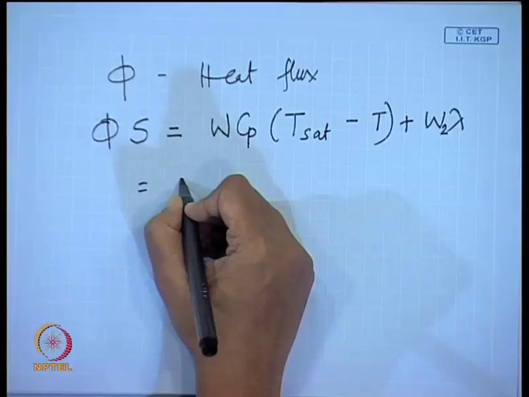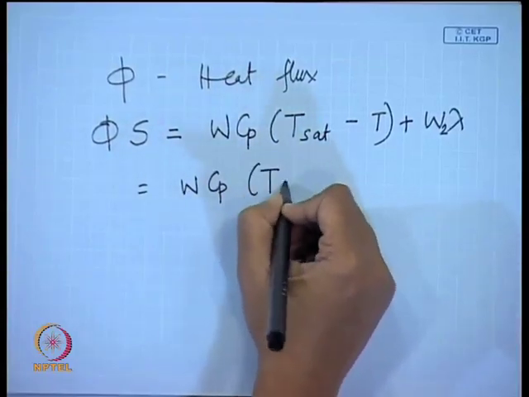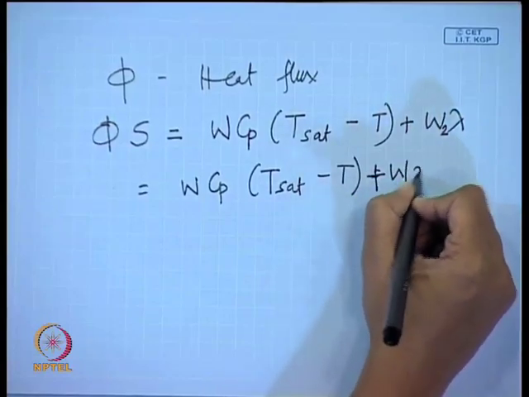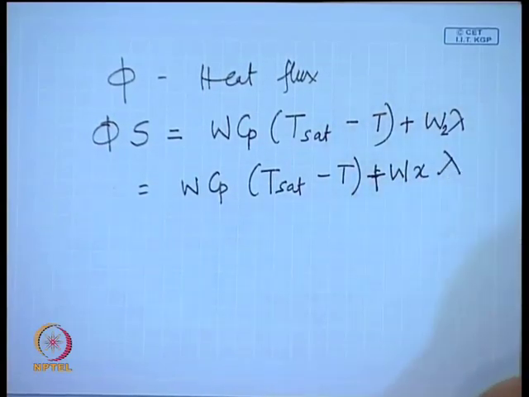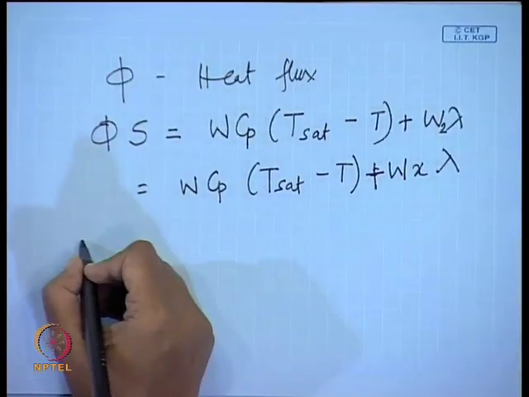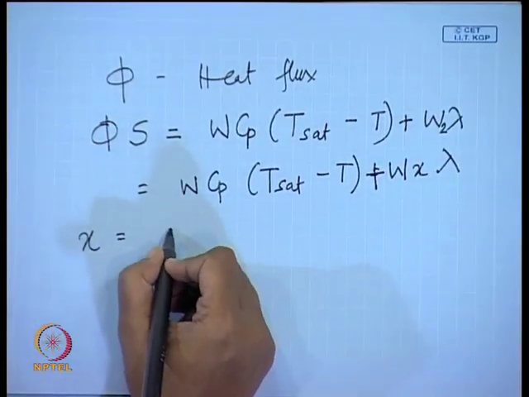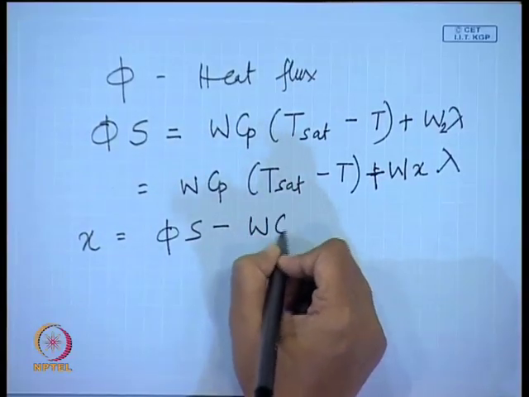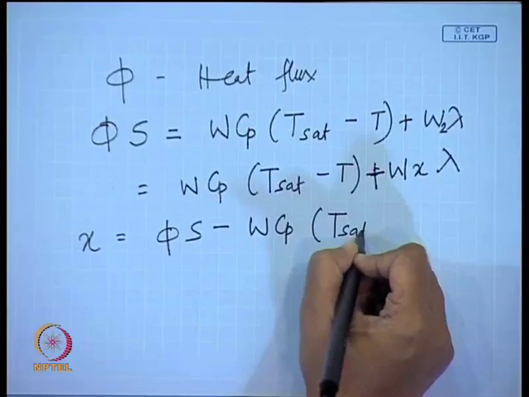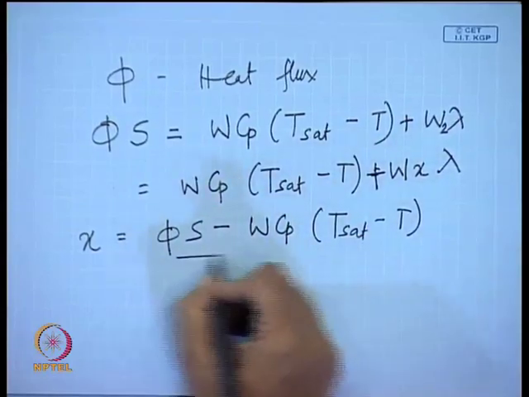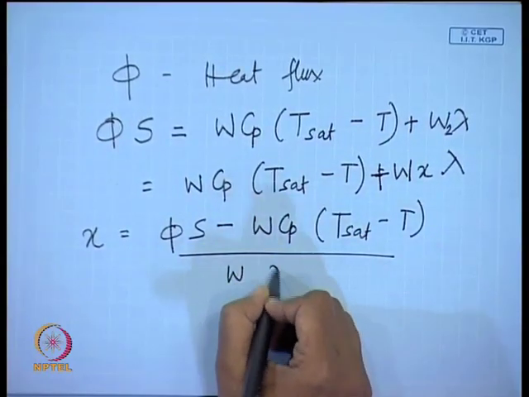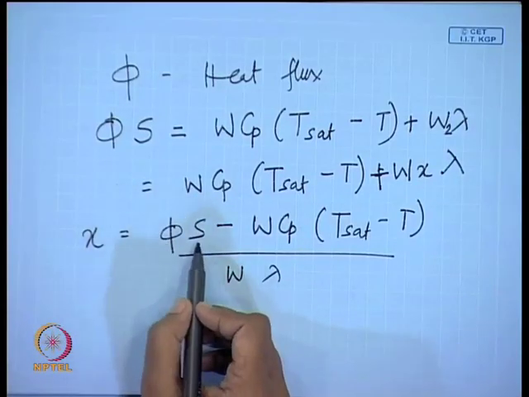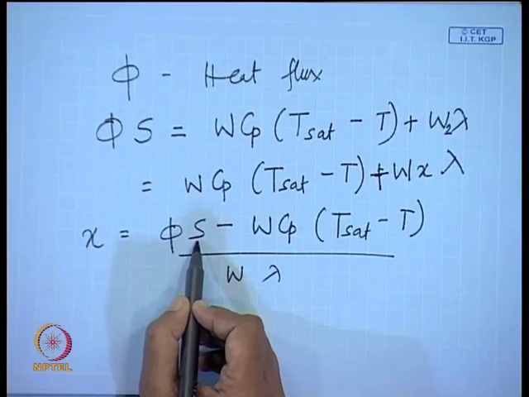Or in other words, this can be written down as W Cp (T saturated minus T) plus W x into lambda, yes or no? So, from there we can find out x, this is nothing but equal to, do it and tell me, phi s minus W Cp (T saturated minus T) divided by W lambda, is it not? So, therefore, we find that we can measure the heat flux, the circumferential area or the perimeter,